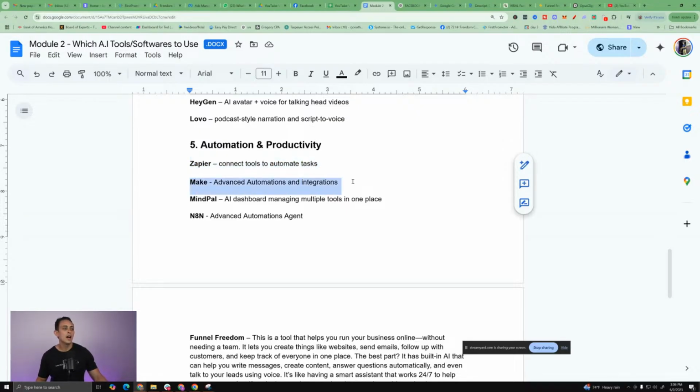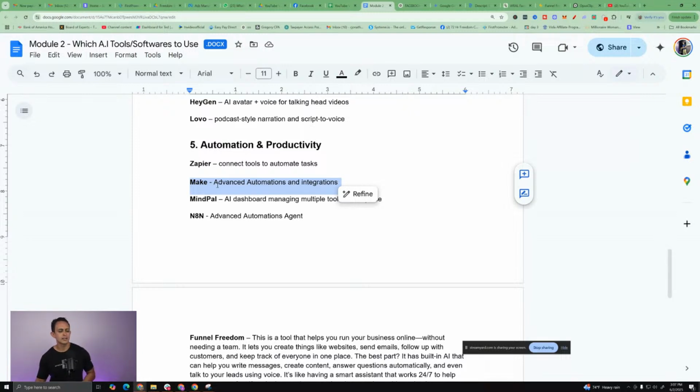Same thing with Make. The cool thing with Make is you can actually integrate a lot of things such as Google Documents and Google Sheets and Google Slides, right? For example, let's just say you're building an email list on Funnel Freedom or ClickFunnels or whatever it is. You can have Make say, hey, when someone enters their email, I also want you to put it in this spreadsheet, right? So you can have it do these things where it's talking to a Google document, and that Google document's talking to this thing, and basically they all talk to each other. Okay, so very, very powerful.